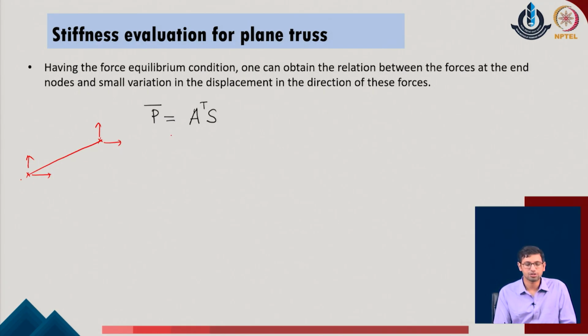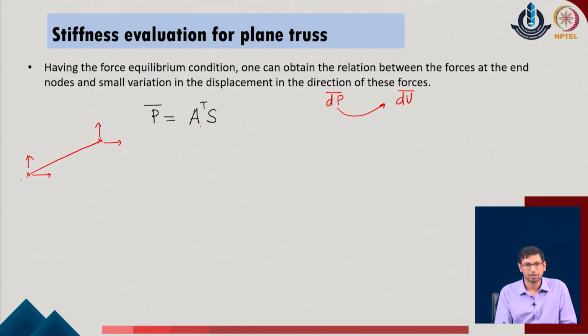So, it is a relationship between the d of P bar, which is the small change in the force, and the d of u bar, which is the change in the displacement of the given system. So, as we change the amount of the force at the nodal points, how the displacement modifies, that we typically want to identify from this given process.